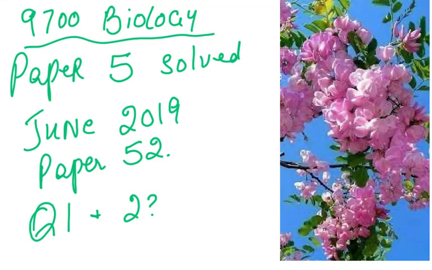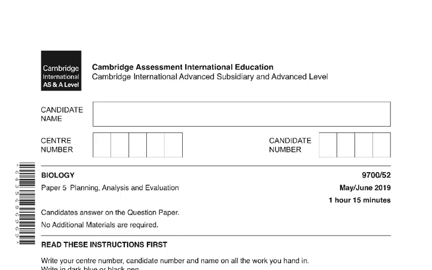Cambridge 9700. This is a paper 5 which we're going to solve, and this is the June 19 paper 5 too, and hopefully we should finish both the questions in this video. If not, then we'll go on to the next video. As I've said in previous